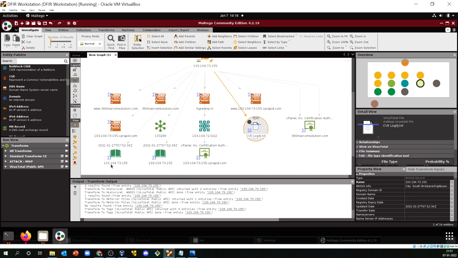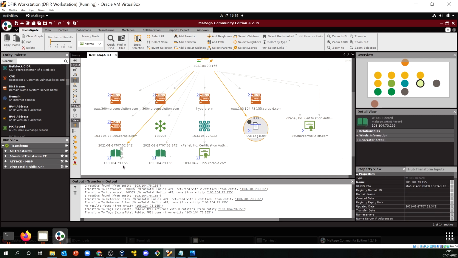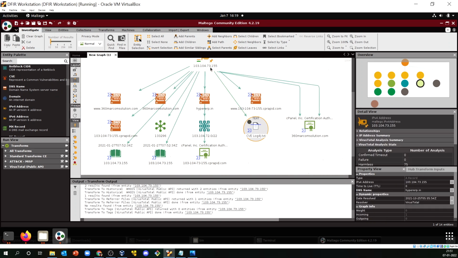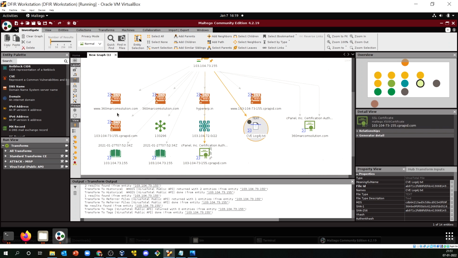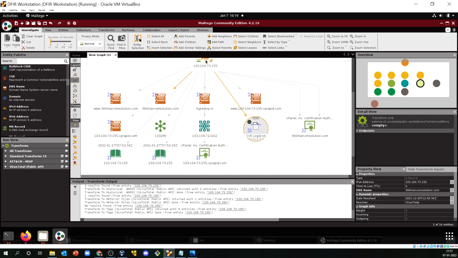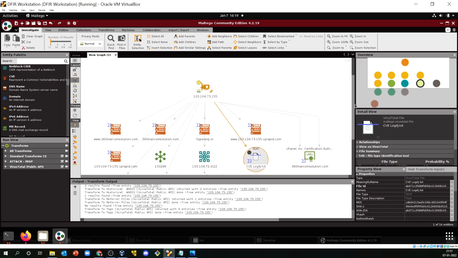Now you have other IP addresses which are related to this particular strain, right? You see there are domains associated with it, and there are multiple options, like cPanel Inc. There are some other domains also, and an authentication token. You have a slew of information just by running a simple transform script. The useful thing is that you don't need to go anywhere to collect your evidence or information about that particular IP address. In Maltego, you have loaded everything.